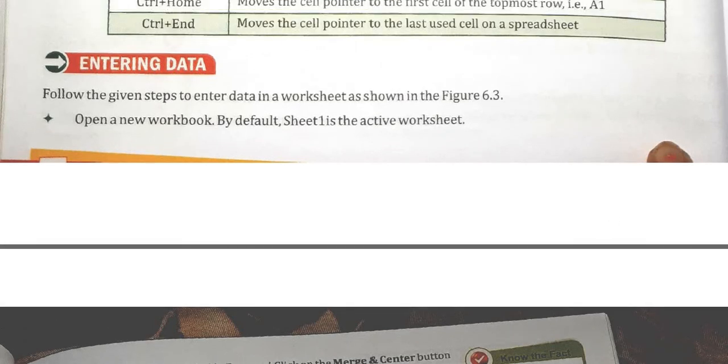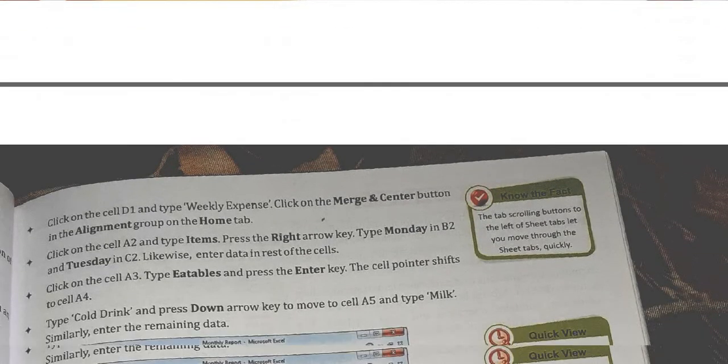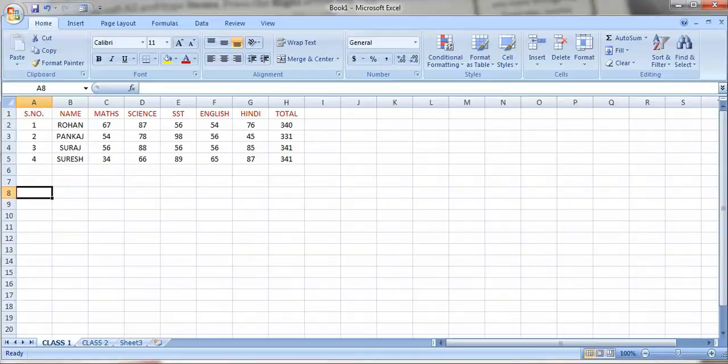So, entering data. We can enter data, right? In Excel we can click anywhere and write whatever we want. Suppose I want to write 56, like this, whatever I want. I have already shown you how to enter data. We can directly click on that particular cell and write the values, right? Like that we will enter numbers, text, formula.